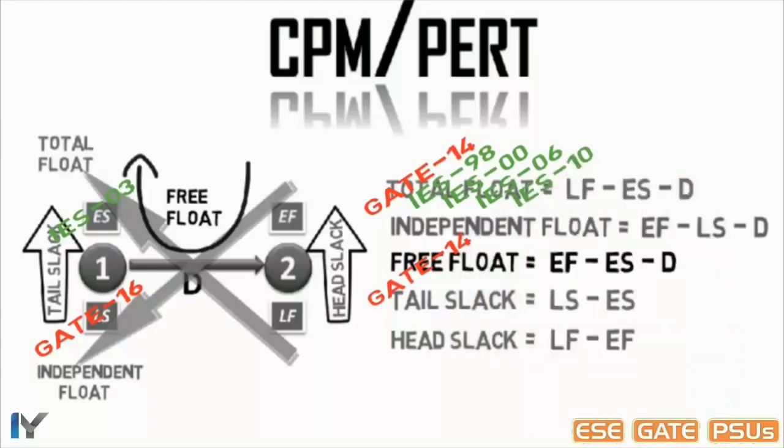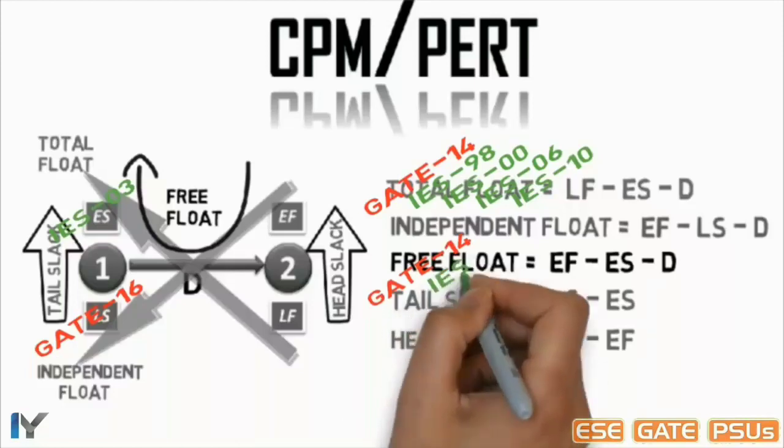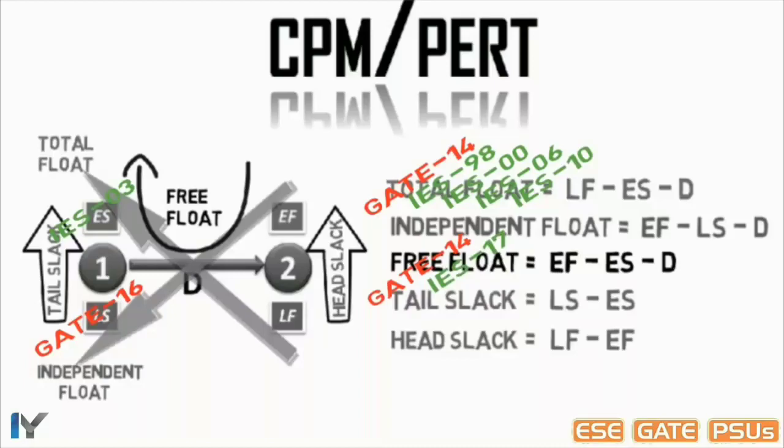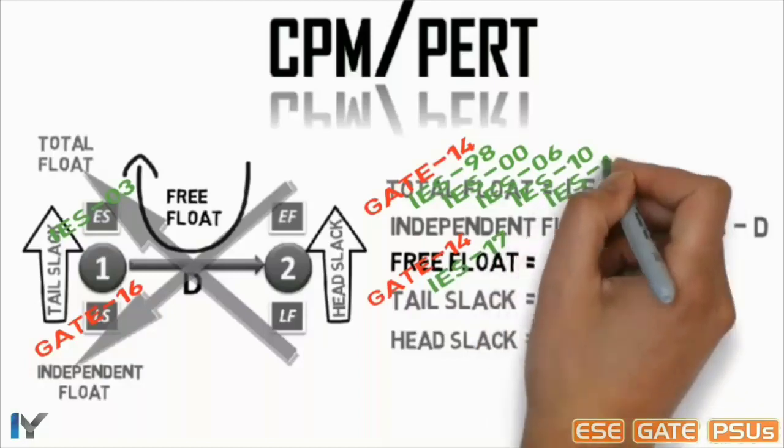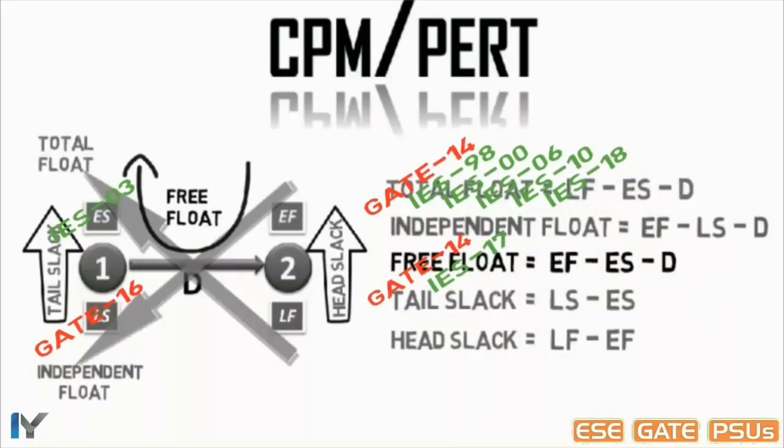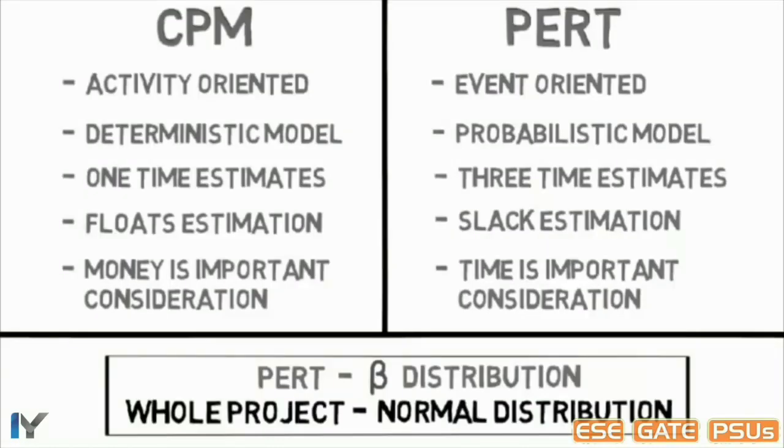In 2010, a network diagram was given containing earliest and latest time of all the activities, and total float of the middle activity was asked. In 2017, a table was given containing activities with their durations, and multiple questions were asked: critical path, project duration, and free float of an activity. And in the last year, again, directly the formula of total float was asked. In GATE 95, a direct question was there. PERT is assumed to be, and the answer was beta distributed.